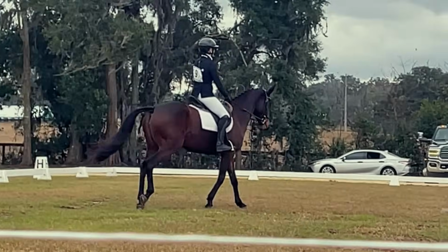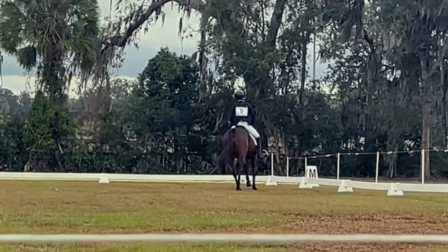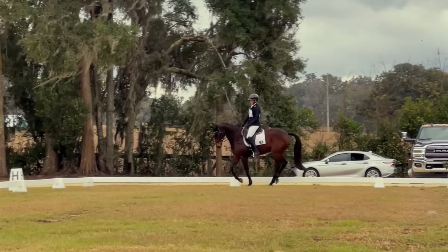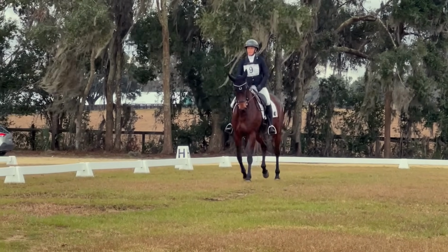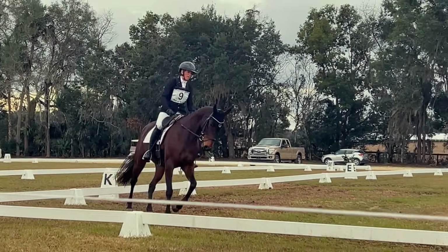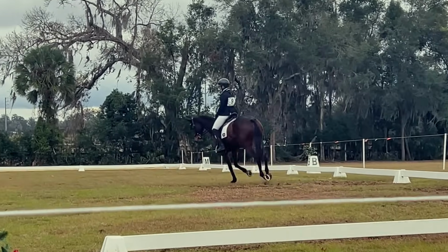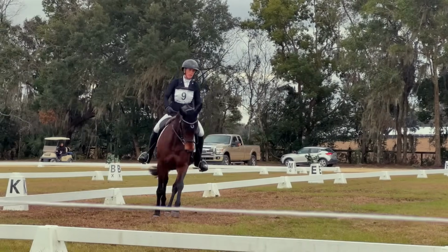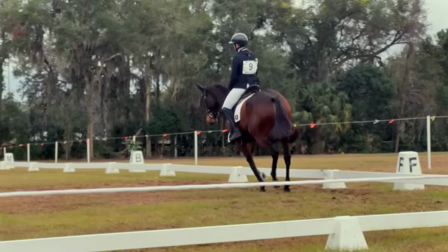So going across the diagonal, she throws in a beautiful lead change, but it was supposed to be a canter trot at X, but that's okay. I'm just kind of going with it again. Working on the counter canter loop. And then again on the medium canter. And every now and then I can feel her want to take a deep breath. And then again across the diagonal